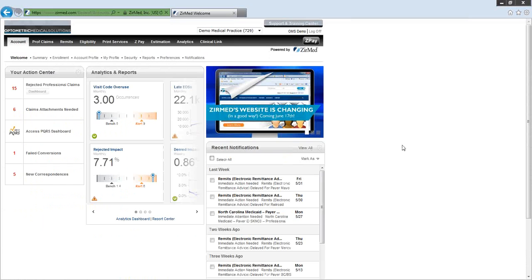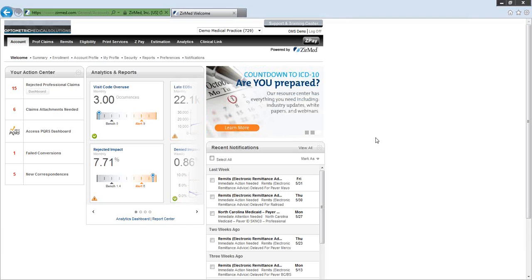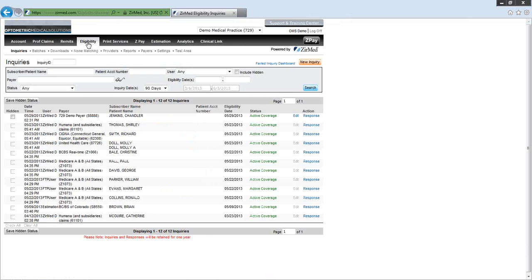In this training session, we will review the basic eligibility verifications portal, which will give you real-time insurance benefits for your patients. You will start by logging on to xeromed.com and enter in your username and password that OMS will provide to you. Once you log in, you will click on the Eligibility tab, which will bring you to the